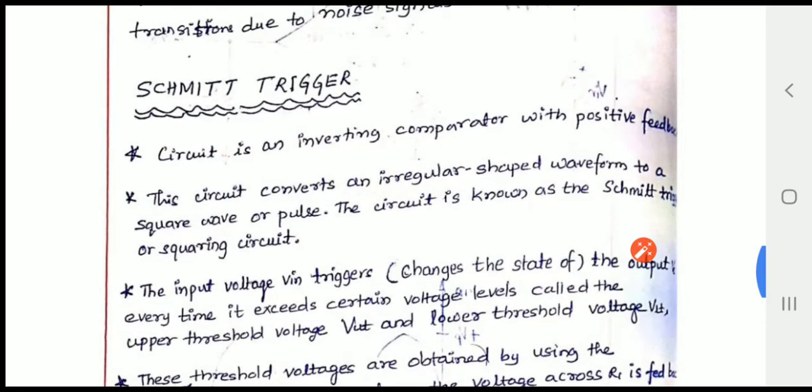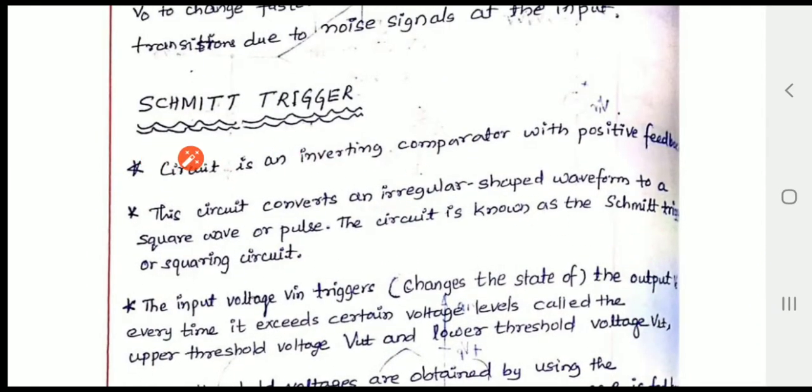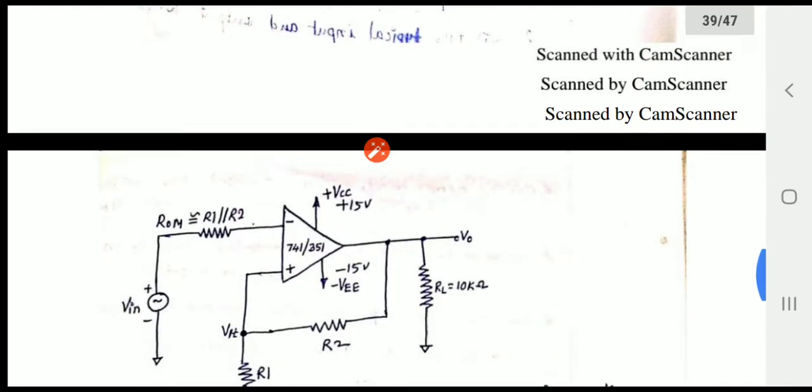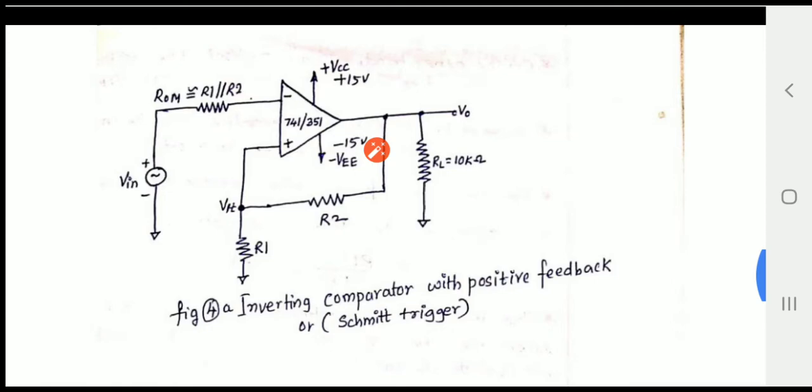This Schmitt trigger was already discussed in the lab also, okay, and you have conducted the lab based on the Schmitt trigger which converts a sine wave into a square wave, okay, using two threshold voltages. One is UTP and second is LTP, upper triggering point and lower triggering point, okay. The same thing we are going to discuss here, the repetition we can call, okay. So now we will go to the circuit diagram to understand how this circuit works first.